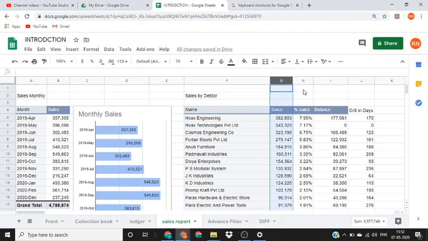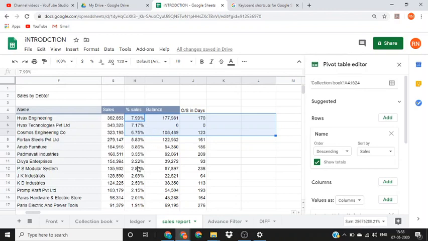So first column gives you total sales made to a particular party. In the next cell, it gives a percentage of a total sale. That is, sale made to Havex Engineering is almost 8% of your total sales. How this data can be useful is you can identify which are your best customers, which customers contribute to your major sales. As you can see in this case, my top 5 customers contribute 30% of my sales. This will give you an idea on customers on which you need to focus and customers whom you can give a lesser priority.